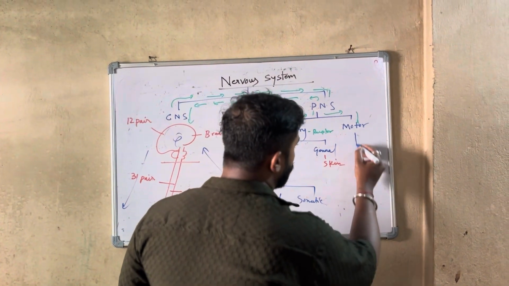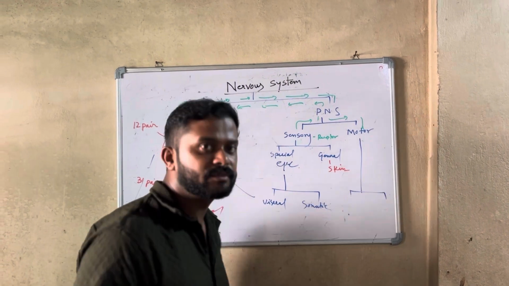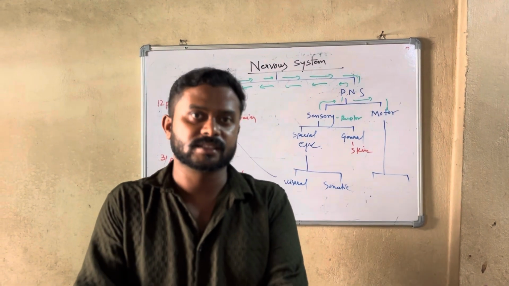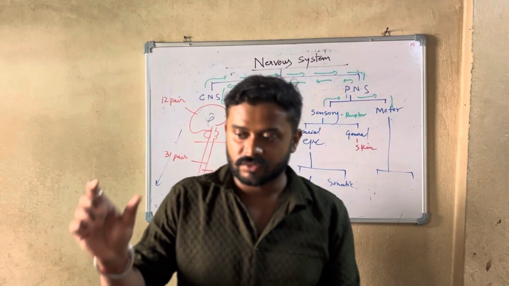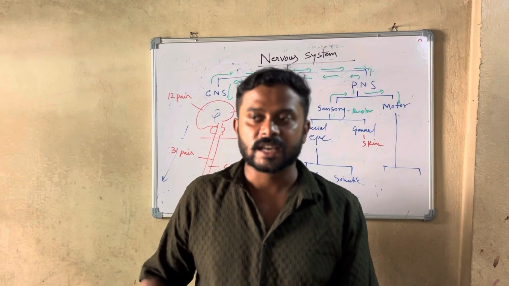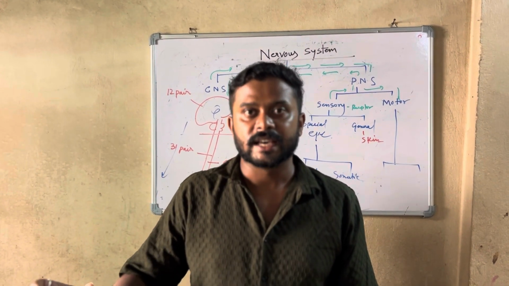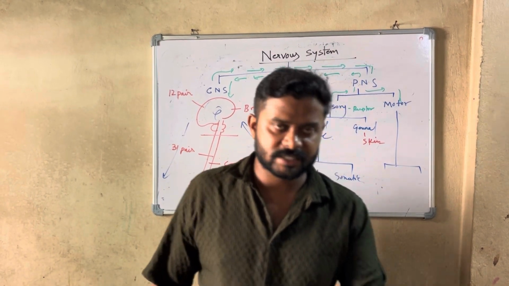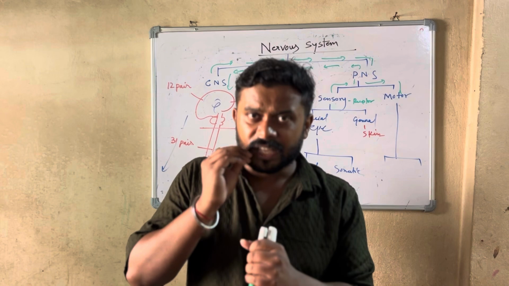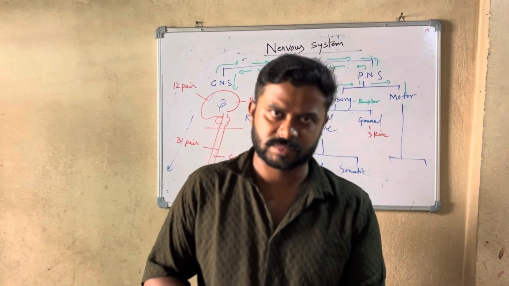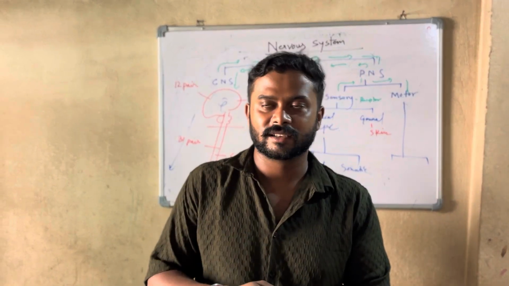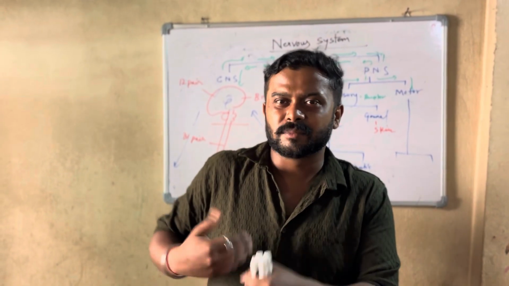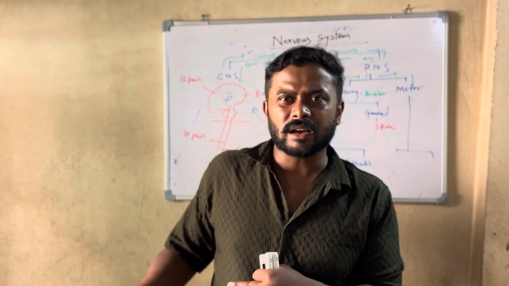And the motor, what is the function of the motor? It gives a response. The response is also categorized into two categories: one is voluntary, one is involuntary. That means some responses are under my will and some are not. For example, I am standing and someone offers me some chicken pakora. At first I see it, and it depends on me whether I take the chicken pakora or not.